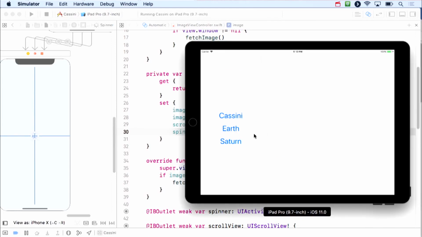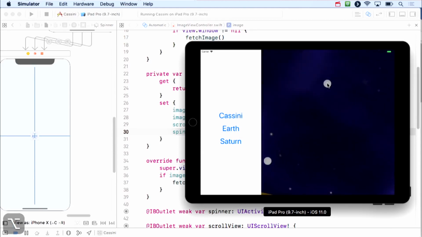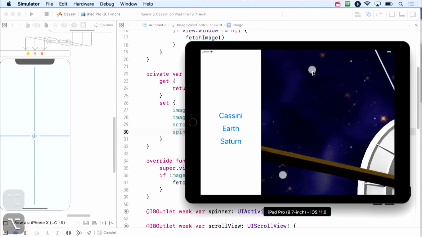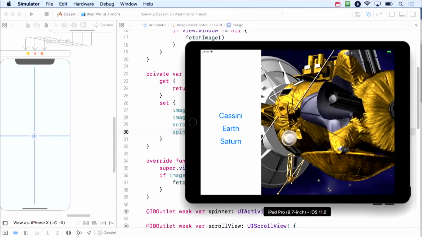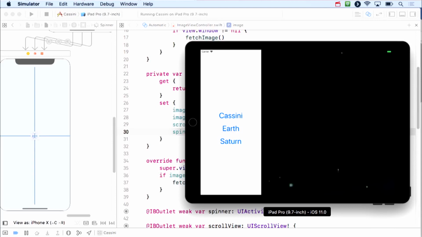It's kind of especially acute on iPad. When you click this, if you don't have a spinner there, it's really unclear what the heck is going on here. Okay, right, Earth. And while this is spinning, we could change our mind and go to Cassini. Okay, and now this is a new view controller, and it starts again, and now we get